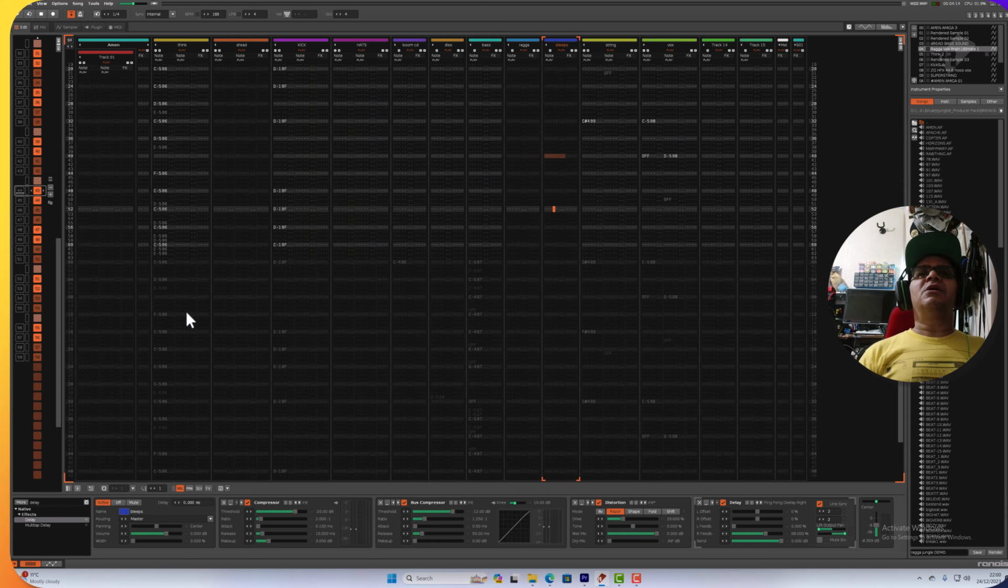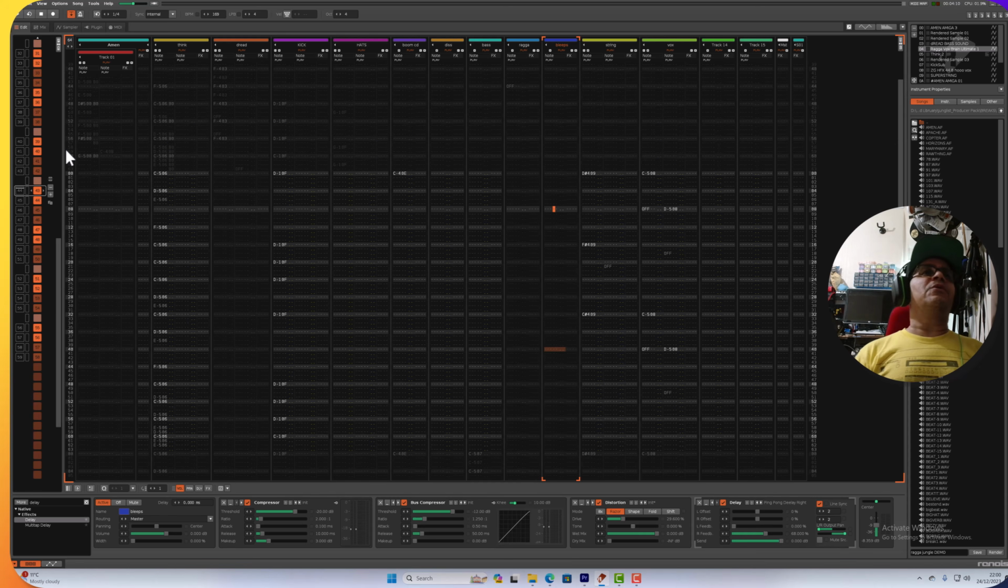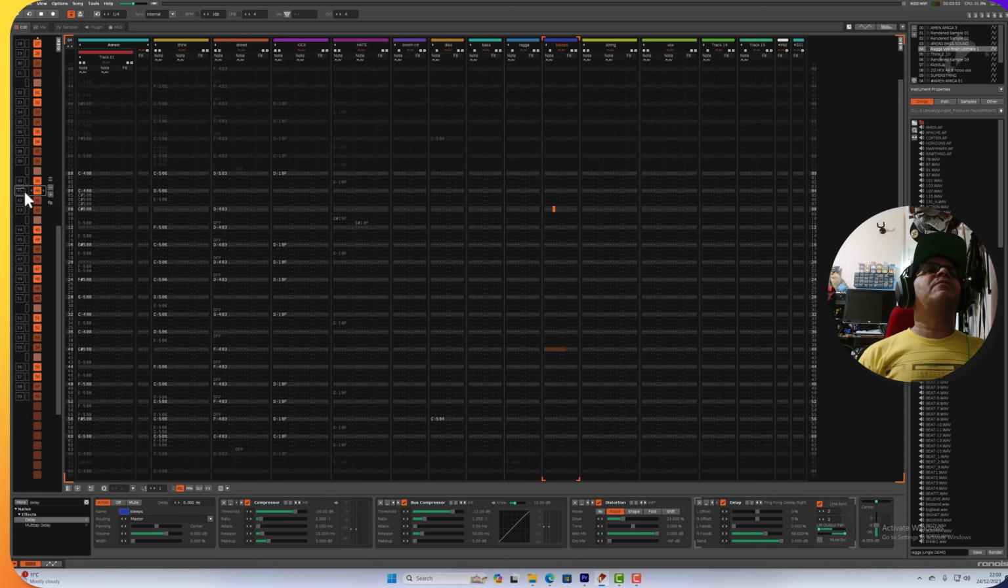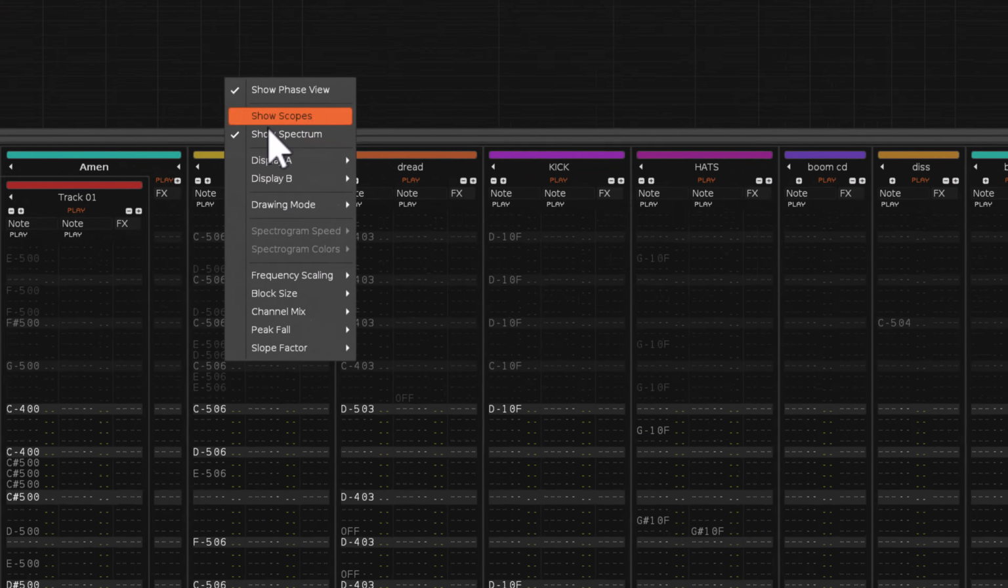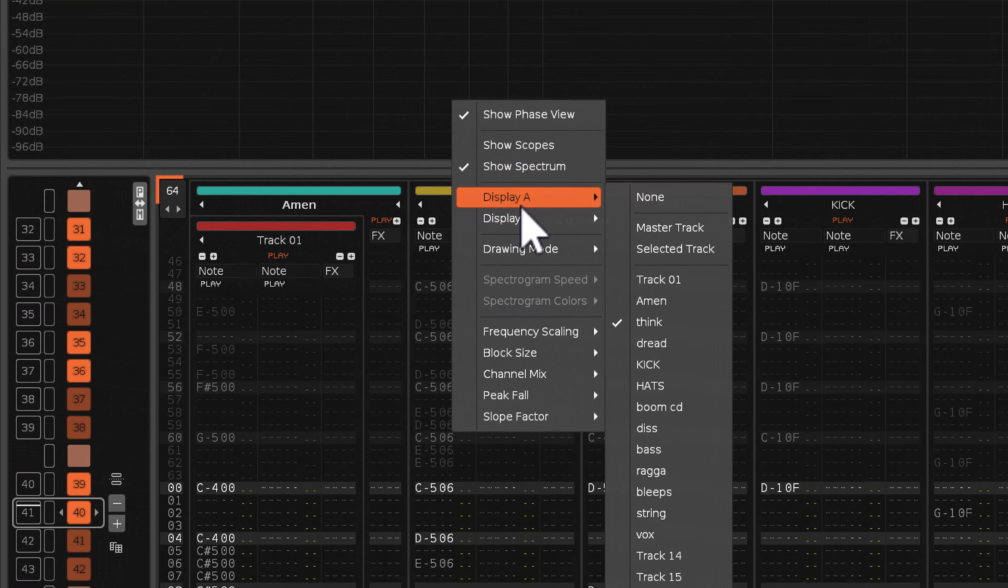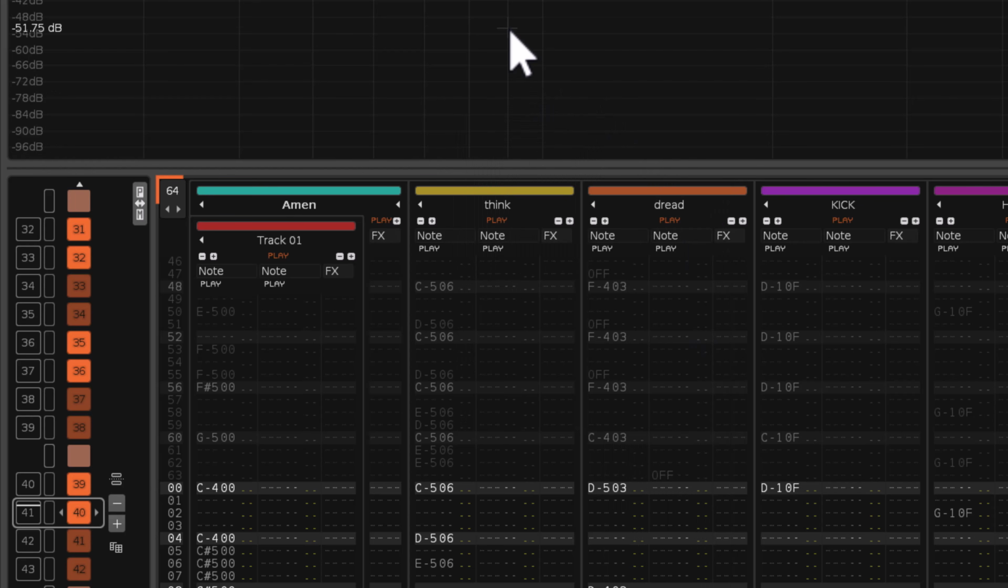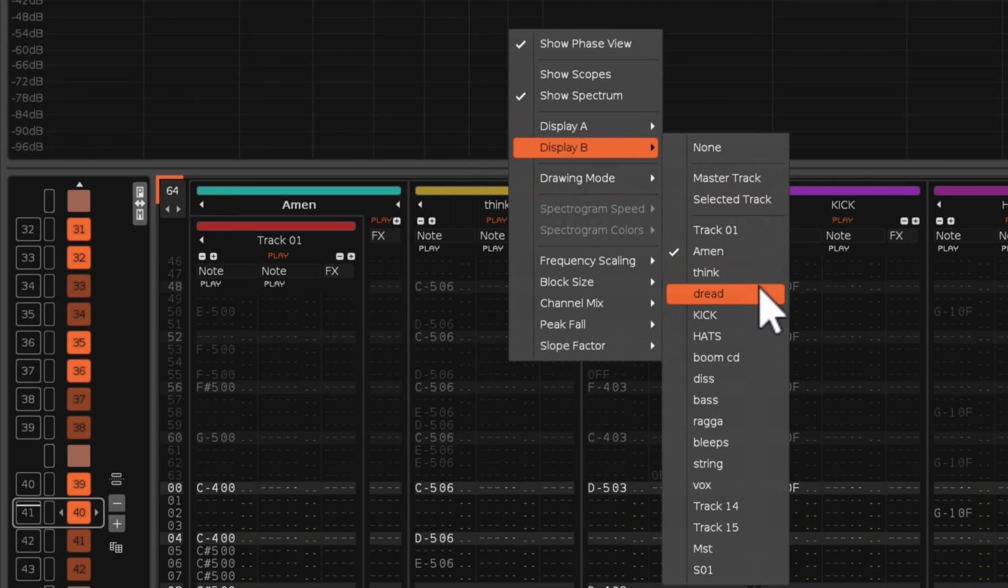FabFilter is a very premium plugin, and to be honest, I didn't know that you had this type of premium feature in Renoise. Now I'm going to show you something. When I play this track here, we can go into spectrum analysis, and you go into this area here, and you can actually select a display A, say for example the Amen, and display B would be, say, your baseline,